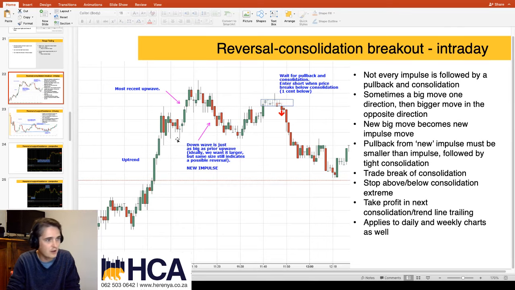Here's an uptrend, a pullback. This pullback does not take out this uptrend, and then another break higher. Now you have another pullback from this wave up. It does take out this entire move. So now it is a new impulse wave, right? It pulls back. If it takes out this high, it's a new impulse wave. It doesn't take out the high. Instead, it consolidates, and then bang, a continuation of that move, right? So what you want to do is trade those consolidations, basically.